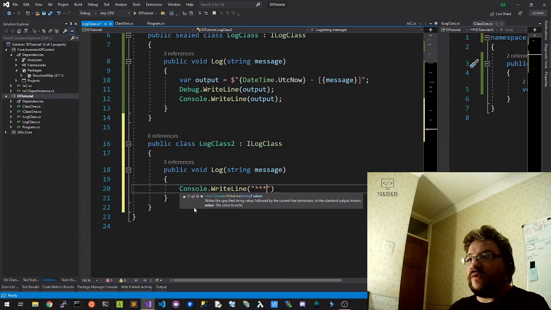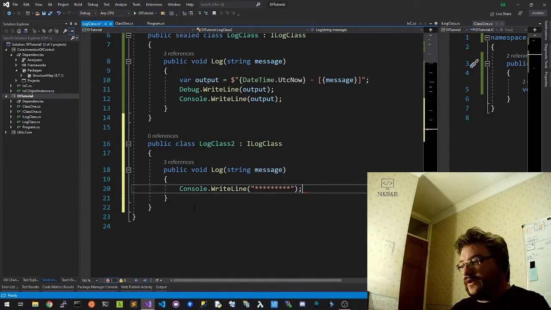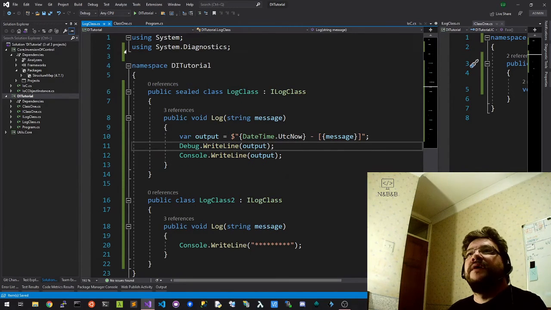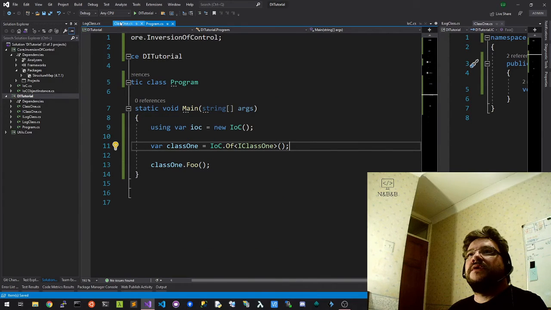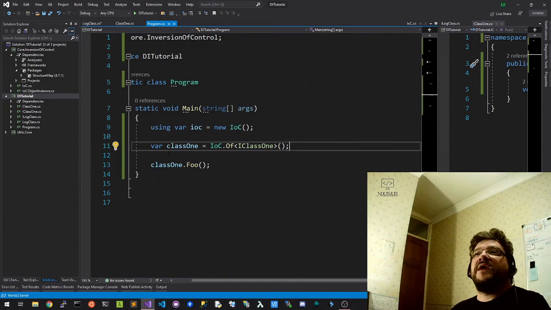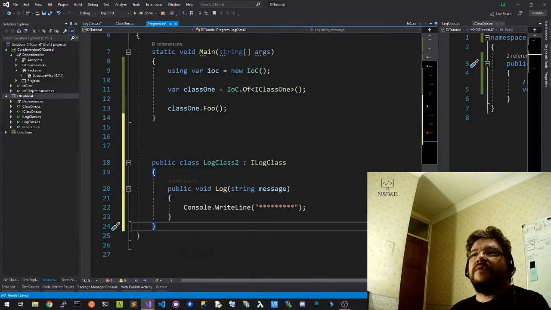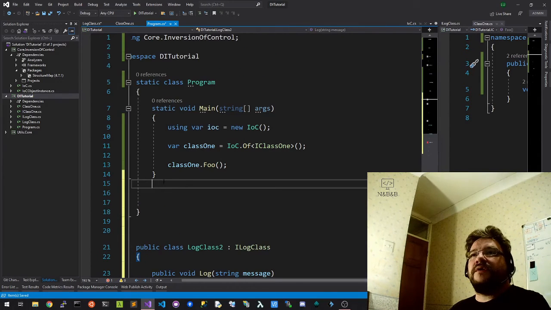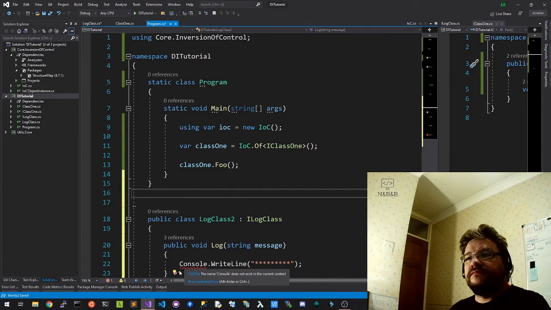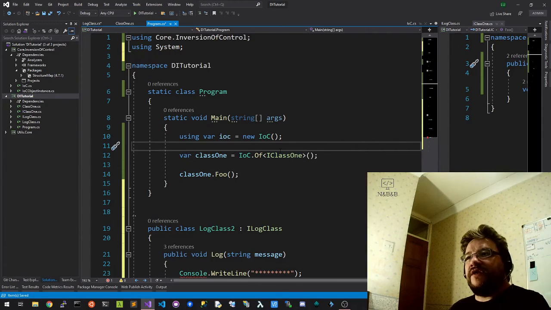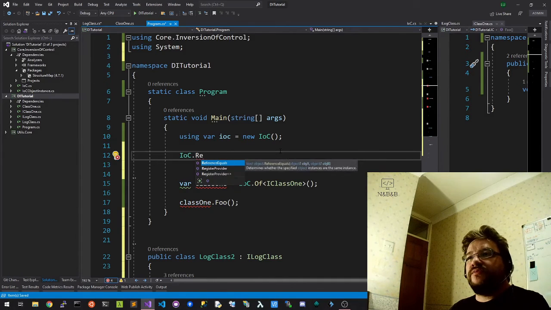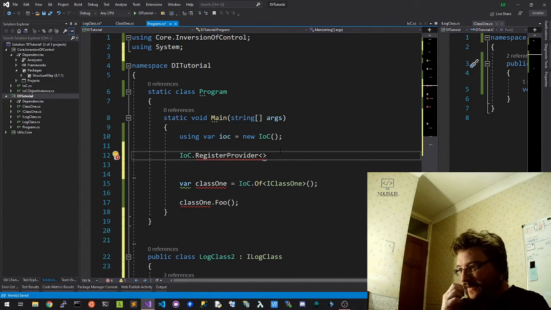What we will do is say, for example, you want your release bit to do this. That's great. Let us move this class into the main thing here. We want it here. There we go. And what I can do here is, we already know what we will do, we will say IOC.register provider for our